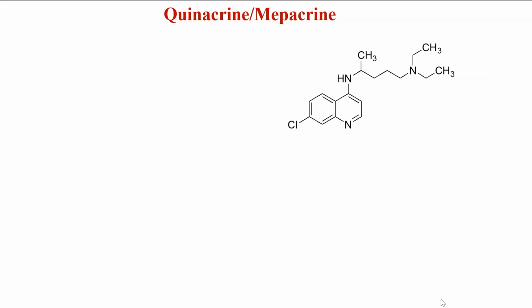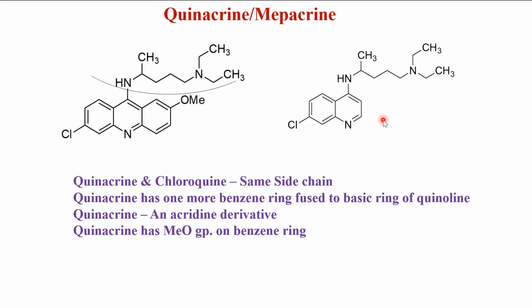Here is the chloroquine structure. In the chloroquine structure, we have quinoline as its basic ring. Here is the quinacrine. In quinacrine, we have acridine as the basic ring structure. The difference between chloroquine and quinacrine is that quinacrine has one extra benzene ring fused to